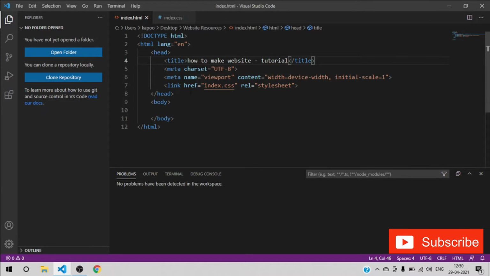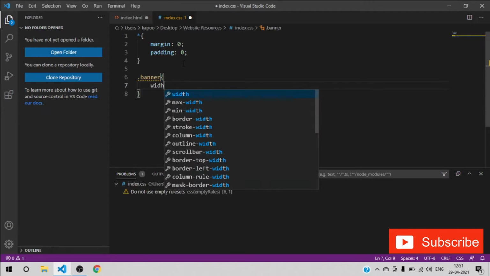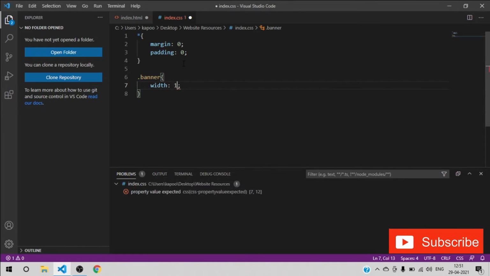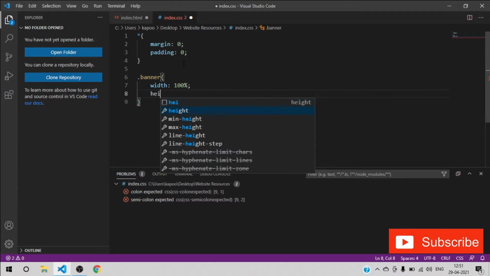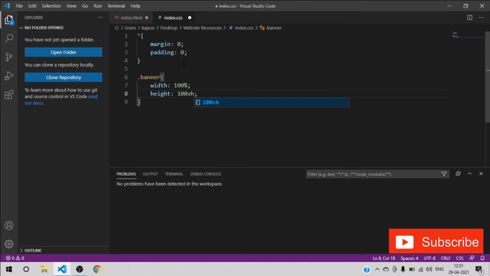Okay, and then what next you have to do is go to the body tag, create one div tag with a class of banner. Copy this banner class and open your index.css file. Just give the CSS of banner as width of 100% and height of 10 vh. Okay,